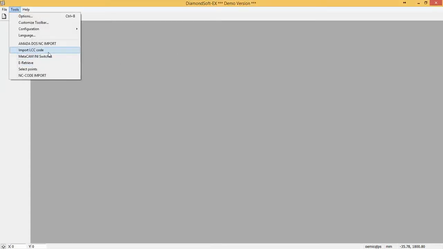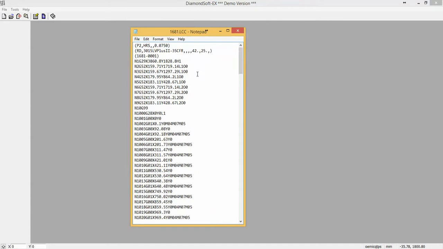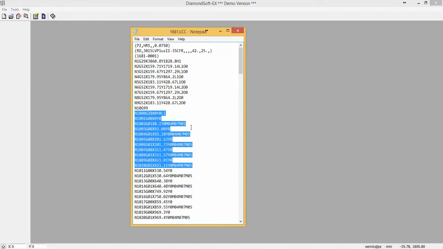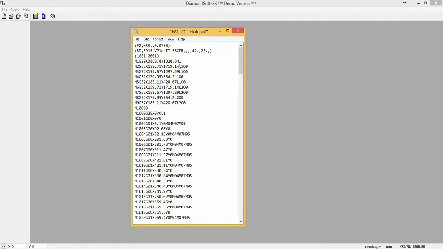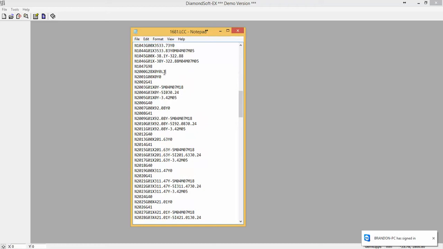I completed the development for importing a Bystronic code. The format of the code is something like this. It's got a subprogram callout, and you have the subprograms here. The subprogram callout has to be specified by this format. L1 calls this subprogram here, and L2 calls a different subprogram, which is right here. And the subprogram callout needs to be this format